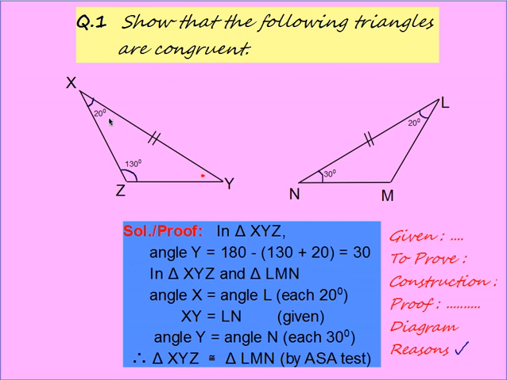So it will come ASA. Finding this angle will not solve our problem. Or it can come like AAS also. If we find this angle, we can use the AAS property. Or if we find this angle Y, we can use the ASA property. So I have found angle Y using the angle sum property. So 180 minus the sum of these two. So I found angle Y is 30.